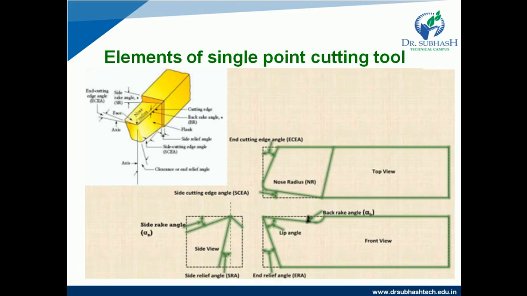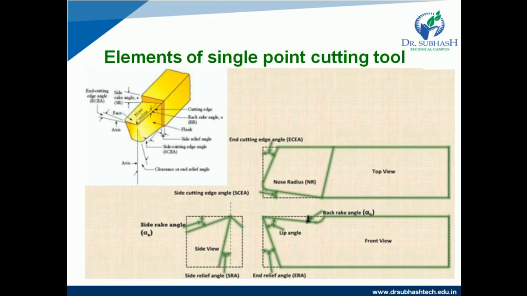This tool consists of a shaft, a cutting part called its point, and the shank. The point of the tool is bounded by the face and the base. As we know, we perform several operations on lathe machines like turning and facing with the use of the single point cutting tool. Design and fabrication are very easy for this tool. This tool can be made at a very cheap rate as compared to others.